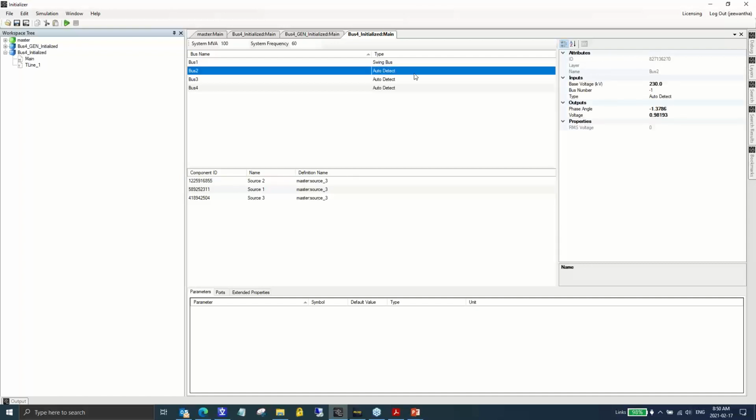Of course, you can go to each one of the buses and specify that, okay, this is a generator bus, a load bus, and so on. But you really don't have to do that. The program is intelligent enough to determine it. And I think in every test that we did, it did a good job. But there may be situations where you have to go specify the bus type. For simple practical circuits, you just have to define the swing bus and just say, run this case. So when you run, what the program does